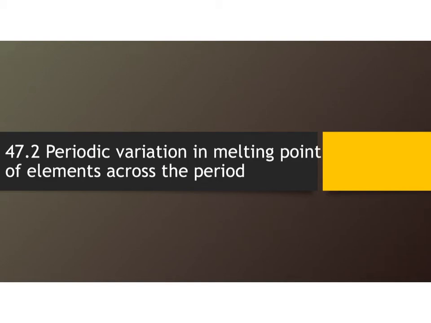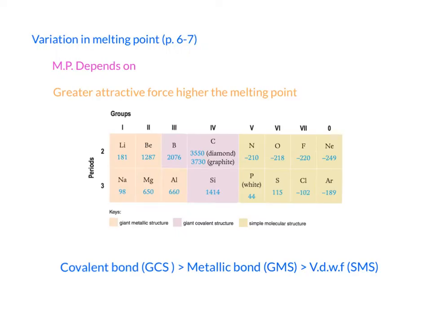So for 47.2, we are going to focus on the periodic variation in melting point. Refer to the knowledge that you have learned in Chapter 9. You should remember that melting point depends on two things. Number one, the structure. Number two, the bonding. So every time you try to explain the melting point difference, please refer to the structures and bonding